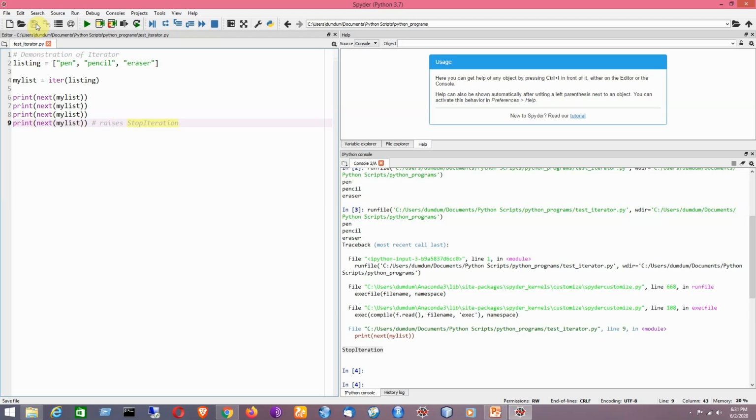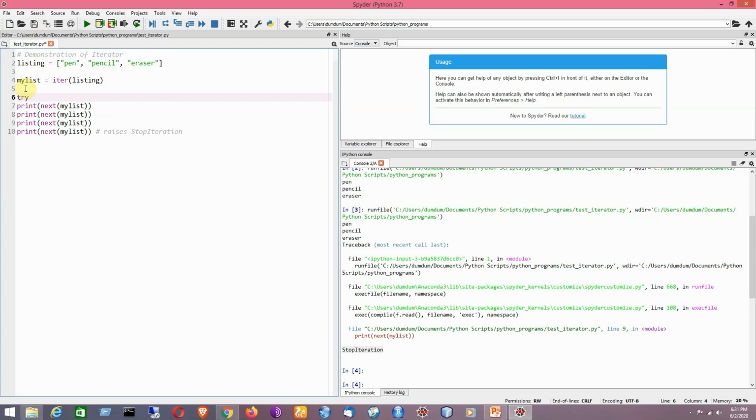So now what is to be done? I need to consider the use of the try block here. Okay, since it is error-prone code, I would also like to add a comment here for ease of understanding. Say, using iter method, the most important methods here are iter and next.